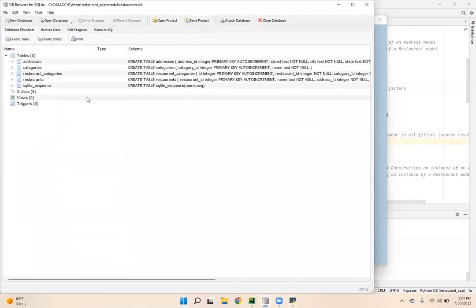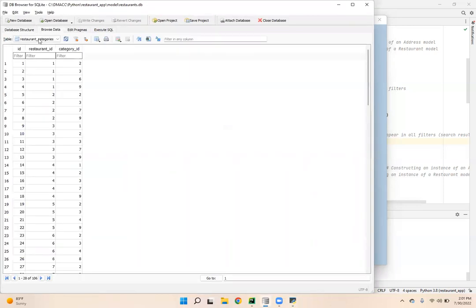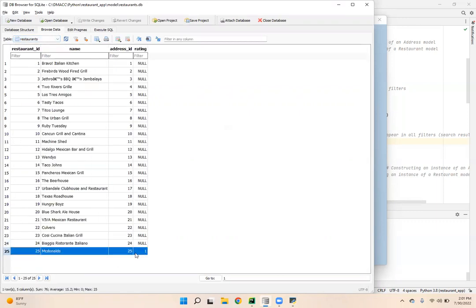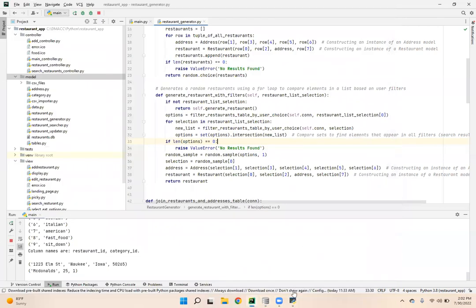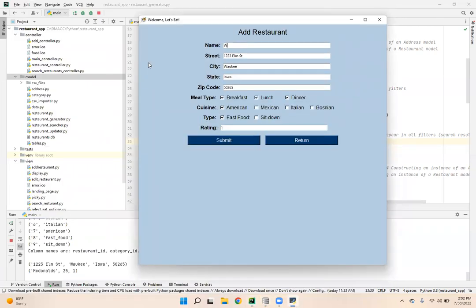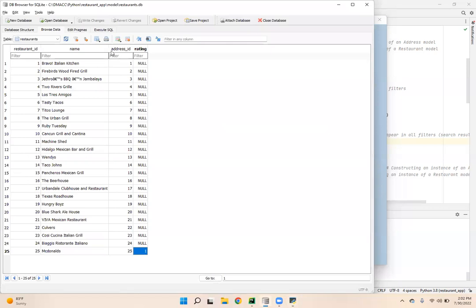And so now if I return back to my database, into my restaurants, you'll notice that McDonald's has been added and there's my rating of 1. So again, let me add Wendy's. Wendy's was on Maple Street and it's still in Waukee, and we're going to keep those the same. Maybe I'll give Wendy's a better rating here. Again, there's the message that displays. And then going back to the database, I'm going to refresh this, and then you can see how Wendy's was added